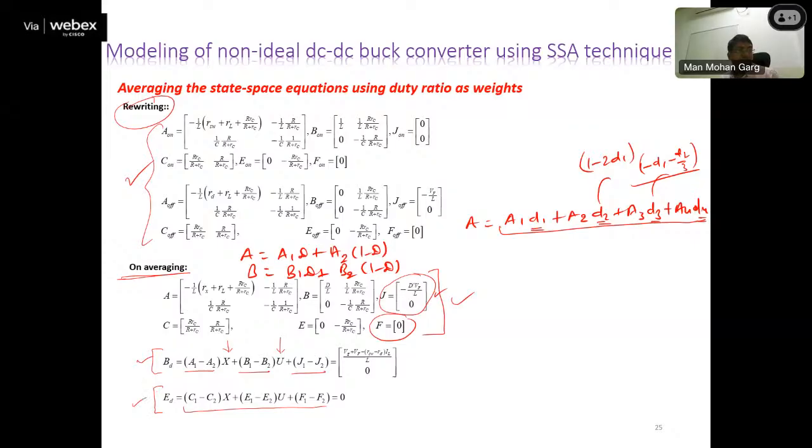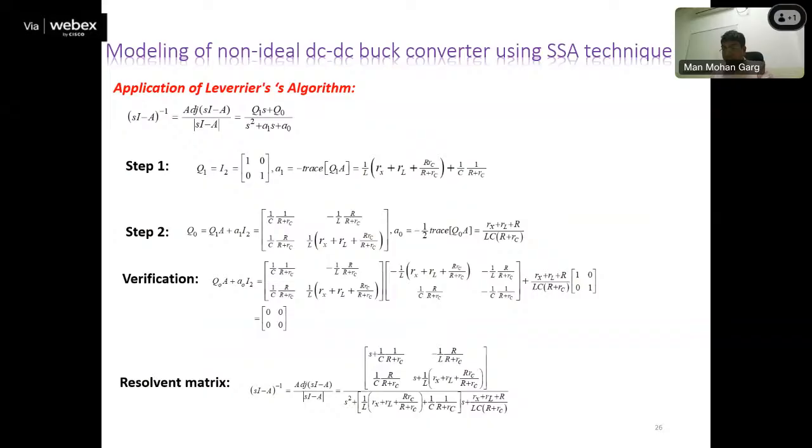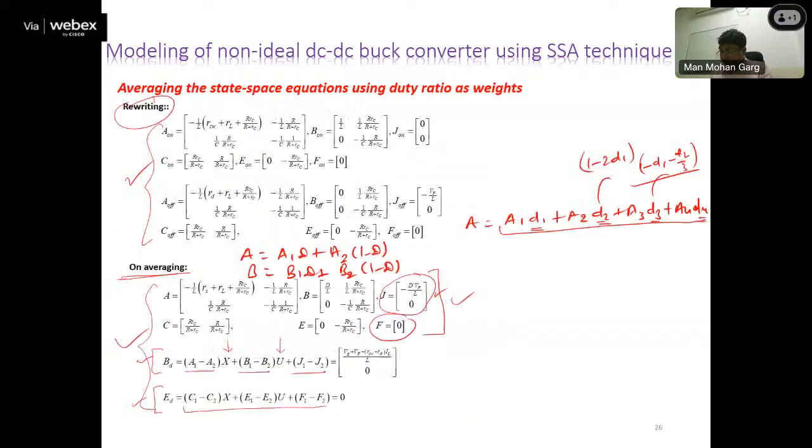Today we will learn in MATLAB also how to use these formulas and get transfer functions for any converter. For any converter, if you know these equations in matrix form, you can get any transfer function. So these are the basic things which are required. Now these things are with us. Then we need to get the transfer function. Now the model with us will be x dot equal to